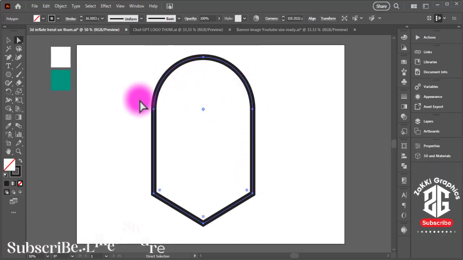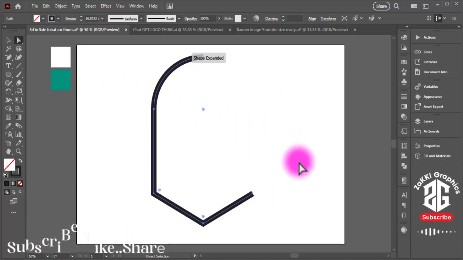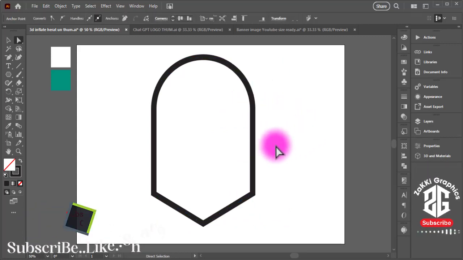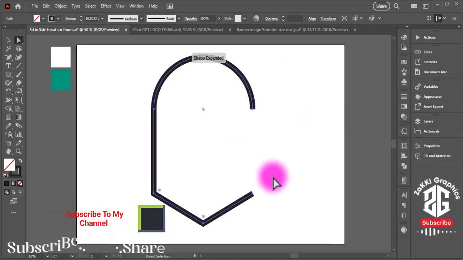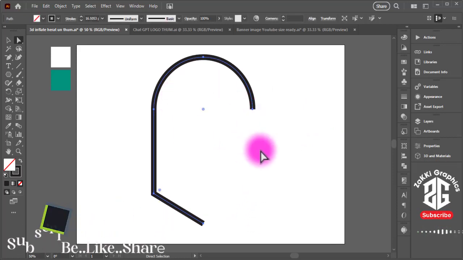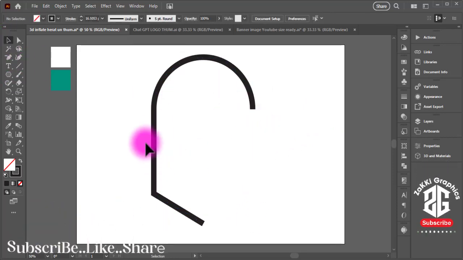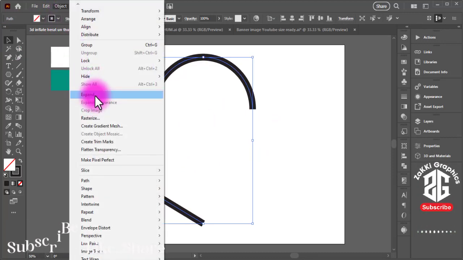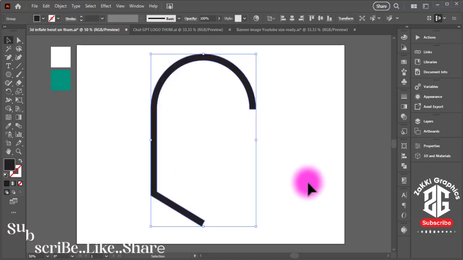Okay, that's good. Remove this portion. Okay, that's good. Go to Object and Expand. Okay,